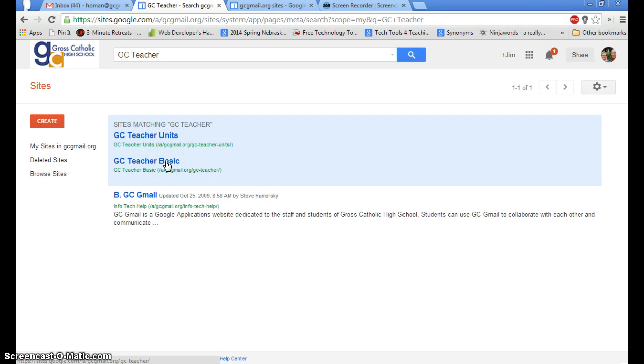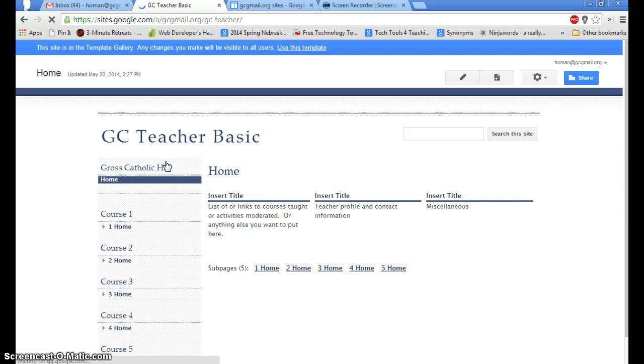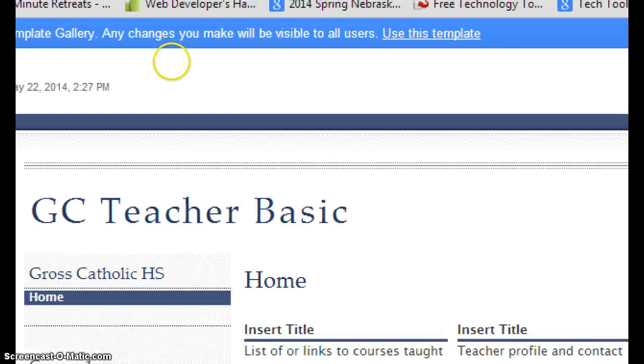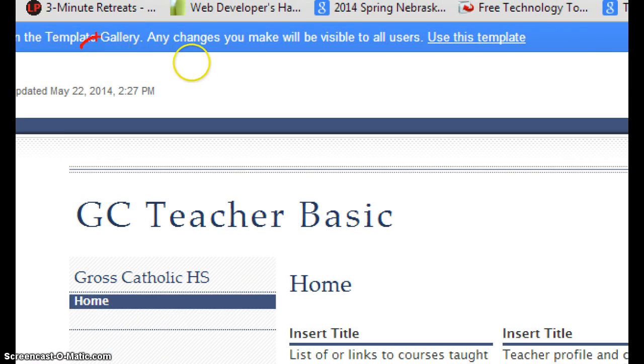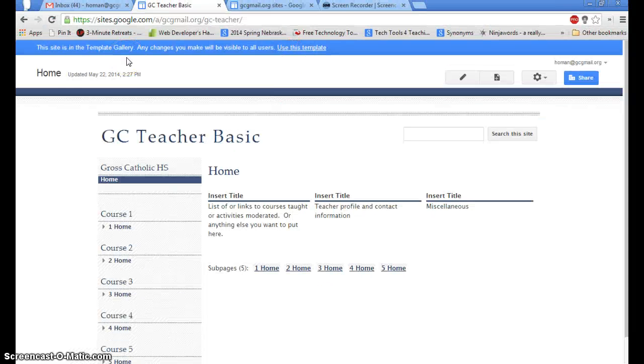I'm going to start with GC Teacher Basic, and I will click on that. And as you see up at the top here, it says this is the template gallery. So what we want to do is use this template. Please don't start making changes, because then it might mess stuff up. So click on Use this template,